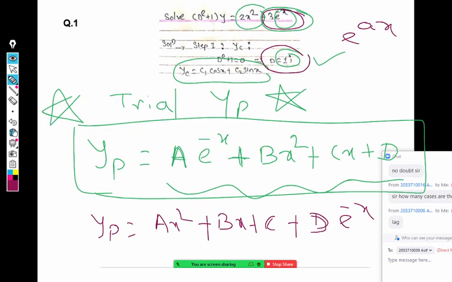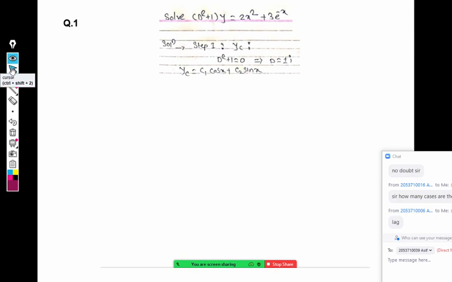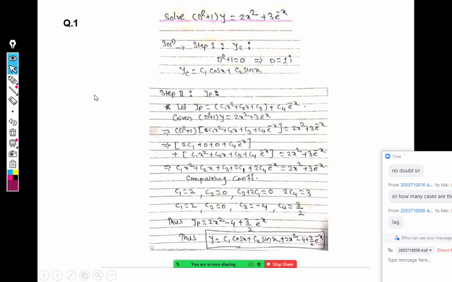So let me show you a solution now, how those a, b, c, d are calculated. Here is a complete solution, but in that complete solution you will first